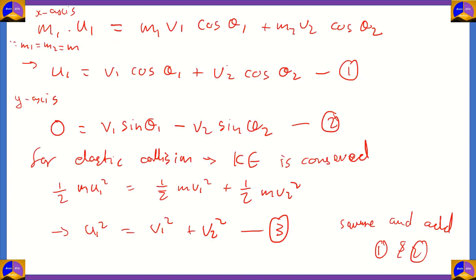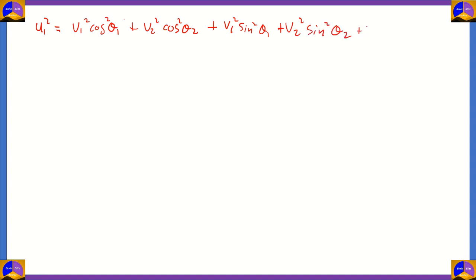So on the left hand side you would have u1 squared plus 0 squared, so u1 squared is equal to, on the right hand side, v1 cos theta 1 plus v2 cos theta 2 the whole squared plus v1 sine theta 1 minus v2 sine theta 2 the whole squared. We can write that down as v1 squared cos squared theta 1 plus v2 squared cos squared theta 2 plus v1 squared sine squared theta 1 plus v2 squared sine squared theta 2 plus 2 times